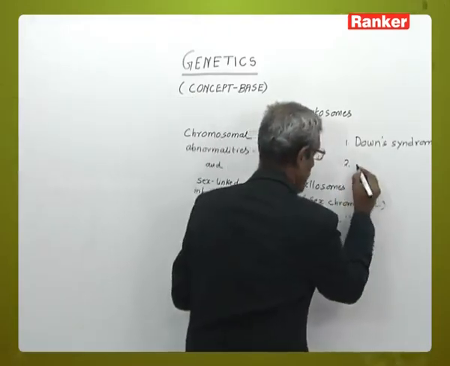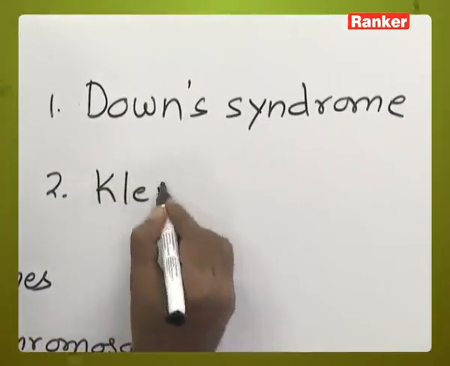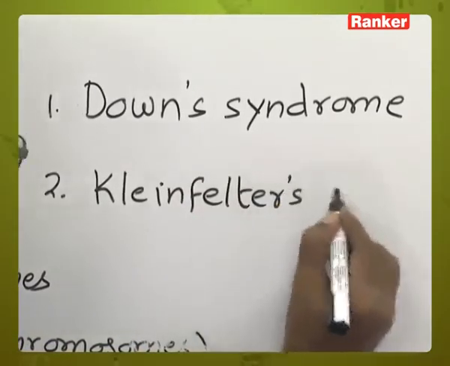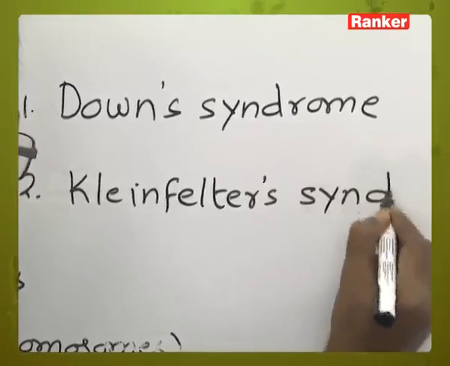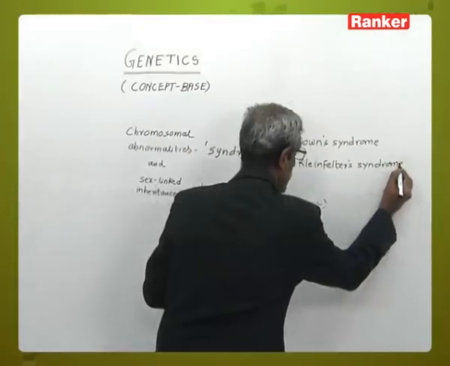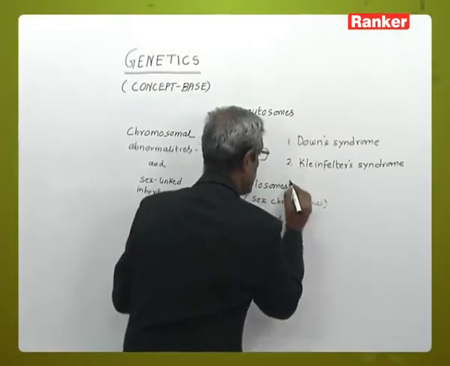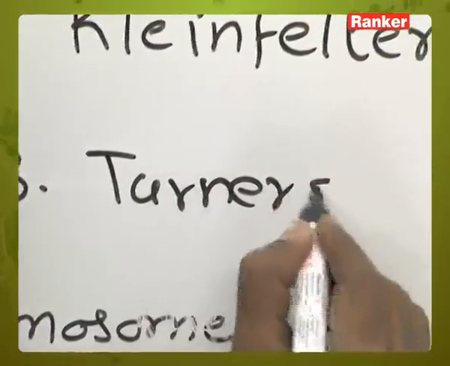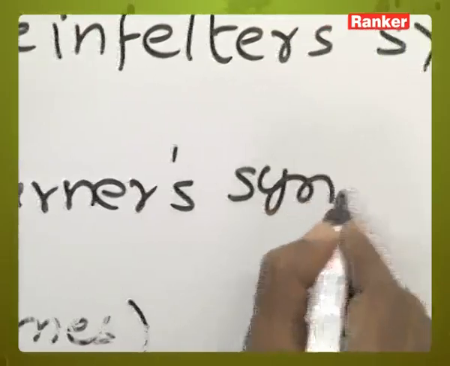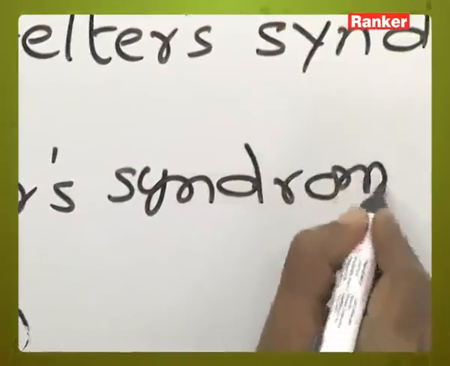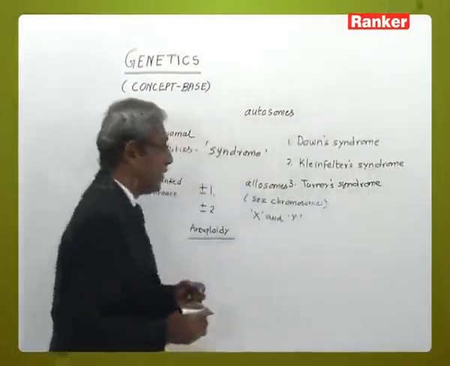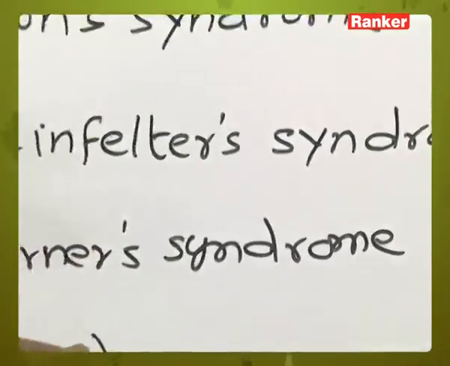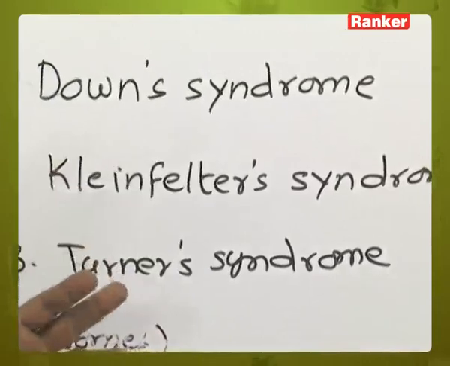Next, we have the Klinefelter syndrome. Later on, we have the Turner syndrome. So we have to make a comparative analysis of Down's, Klinefelter's and Turner syndrome,